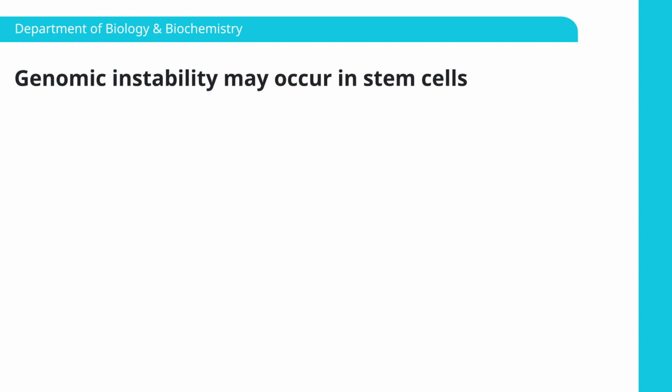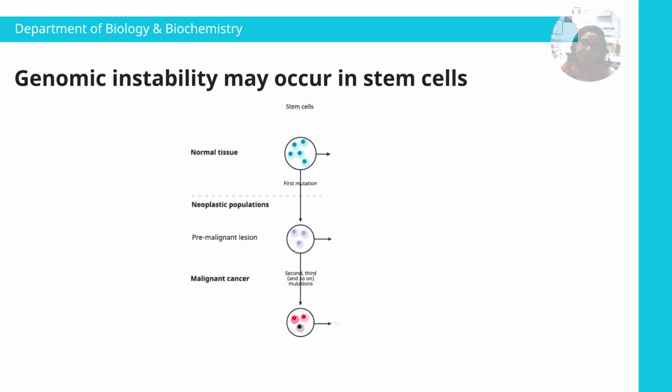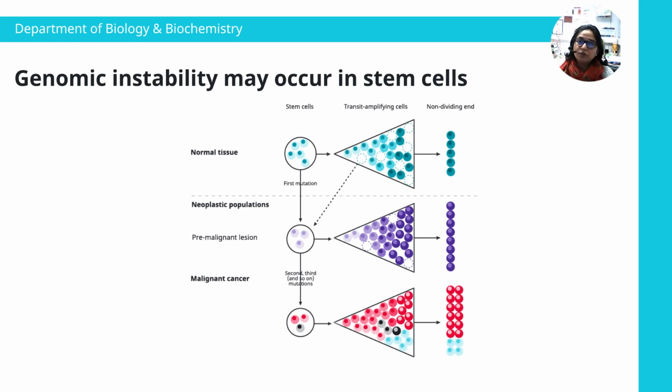Now, there is the question of the timing of when these mutations occur and where they occur. If you think of cells, you have the adult somatic cells, but you also have cells that are capable of self-renewal, the so-called stem cells. And what we have known in the past few decades is that there is a whole subpopulation of mutations that can occur long before even tumor initiation happens. So mutations occur in stem cells, and these mutations are carried forward,